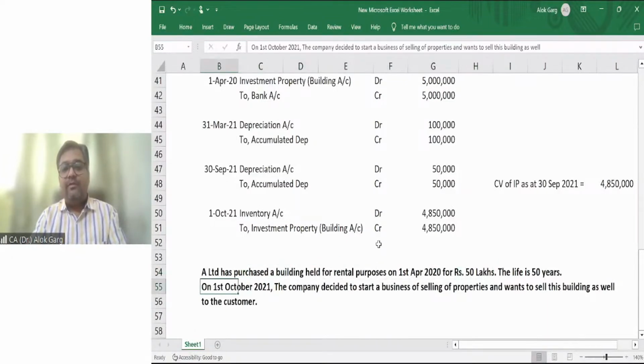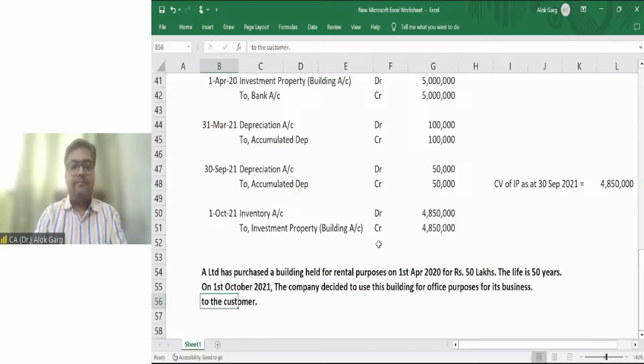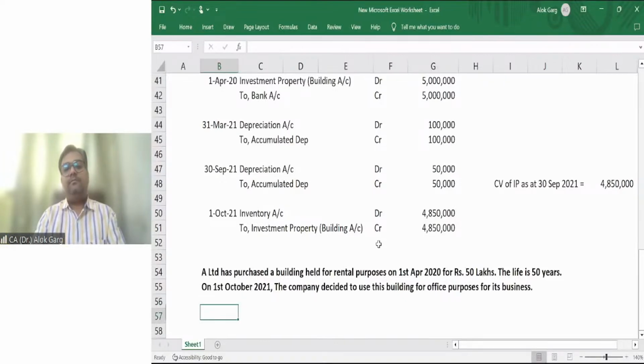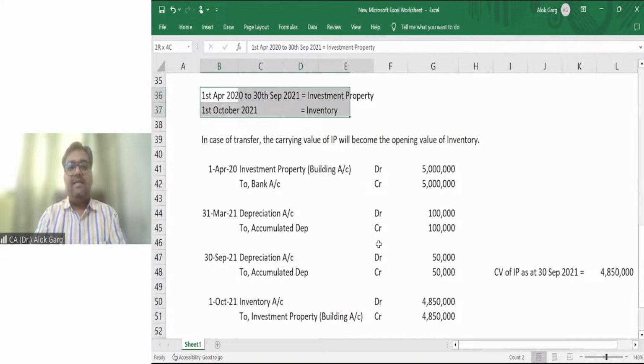On 1st October 21, the company decided to use this building for office purposes for its business. Tell me what to do now. In this case,